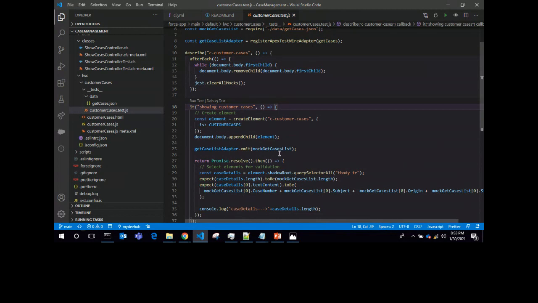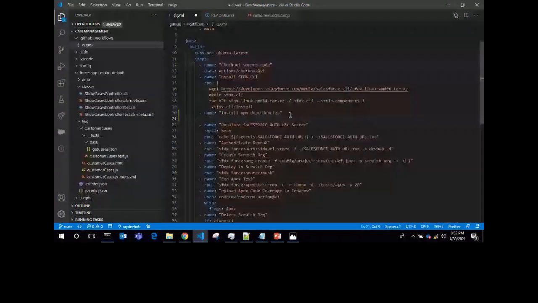For that, I need to update the ci.yml file. First of all, I need to install all npm dependencies in my virtual machine. So I add a step named install npm dependencies, and run npm install.